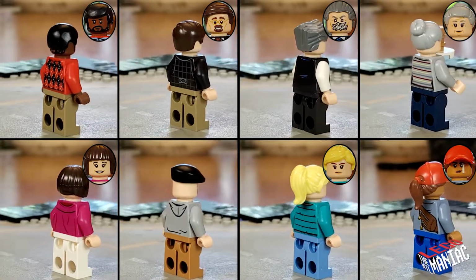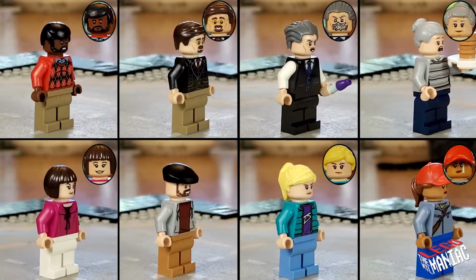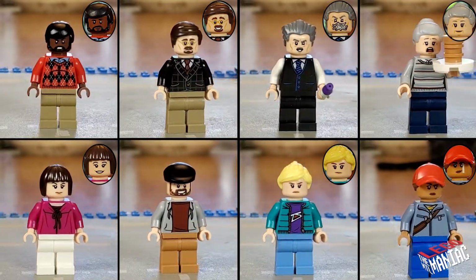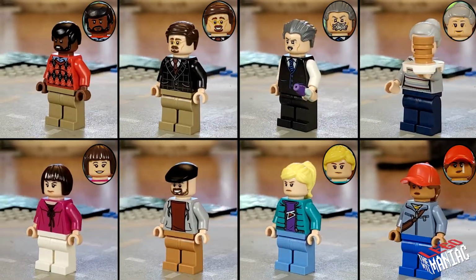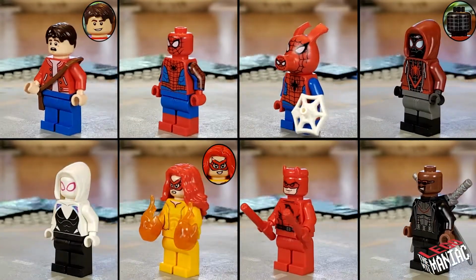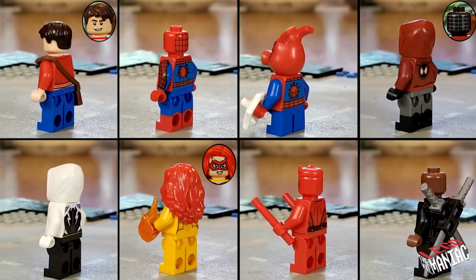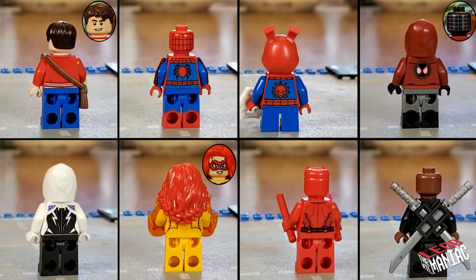Not worth any brownie points, Spider-Man. Aunt May, Betty Brant, Bernie the Cab Driver, Gwen Stacy, and Amber Grant. Now for our second set of minifigs. Again, starting from the top left, we have Peter Parker, aka Spider-Man, Spider-Man himself, Spider-Ham, Miles Morales, who doesn't actually